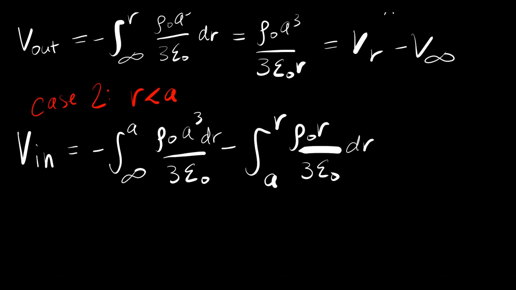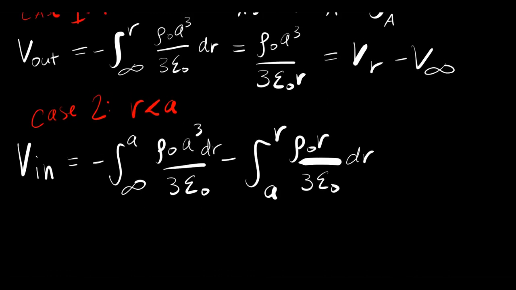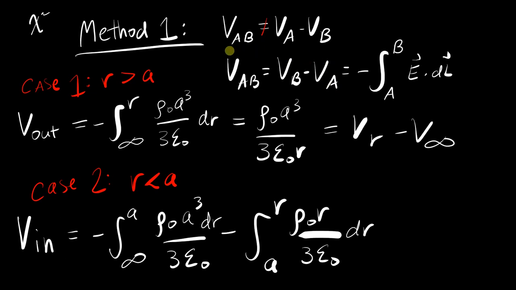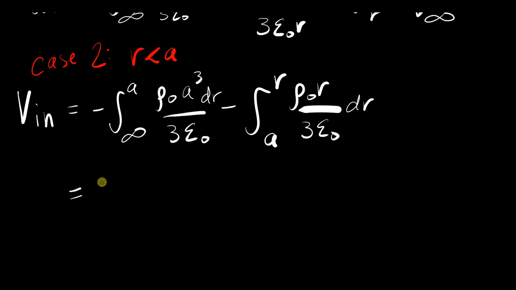Okay. And now if we look at how this is written, for a long time I didn't quite understand why exactly this works out. And to be honest, I really don't understand it a whole lot more now either, but it might make you feel a little more comfortable doing this method if you take a look at these line integrals and relate it back to our known definition here, right? So, VB minus VA is equal to the integral from A to B here. So, this must be the same as VA minus V infinity